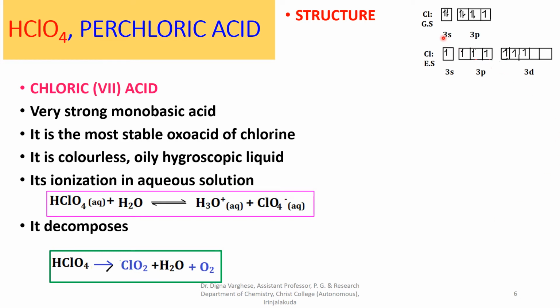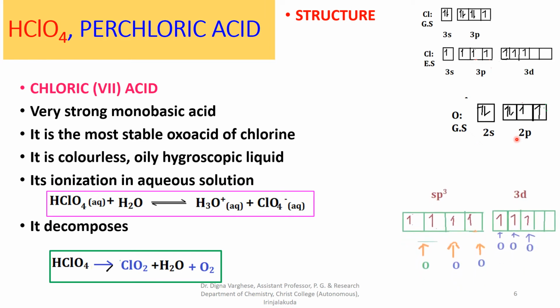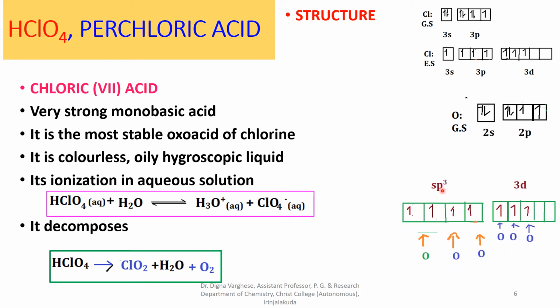that of perchloric acid, in which chlorine is the central atom and has a ground state configuration 3s2 3p5. The chlorine has the excited outer electron configuration 3s1 3p3 3d3, and it overlaps with 3 different oxygen atoms, forming 3 sigma bonds and 3 pi bonds, and the hybridization for the chlorine atom is sp3. It is connected to 3 oxygen atoms